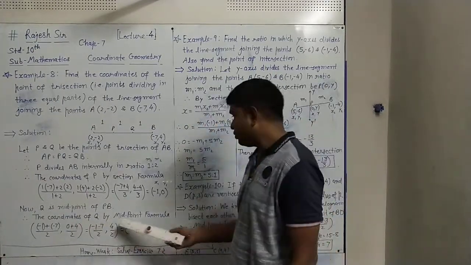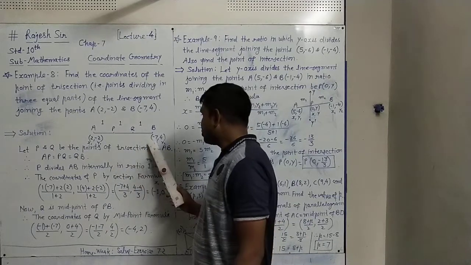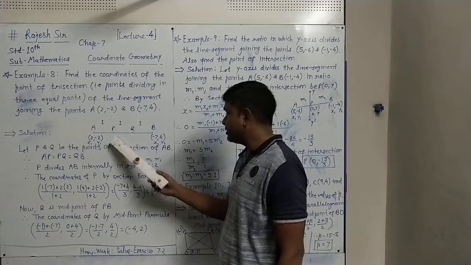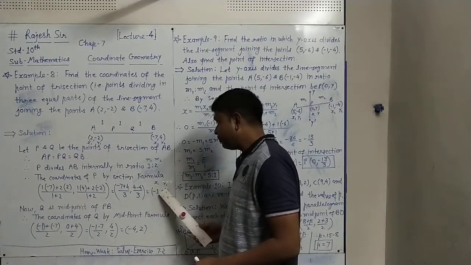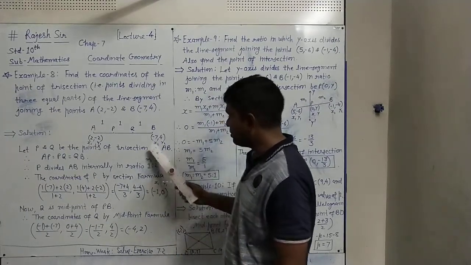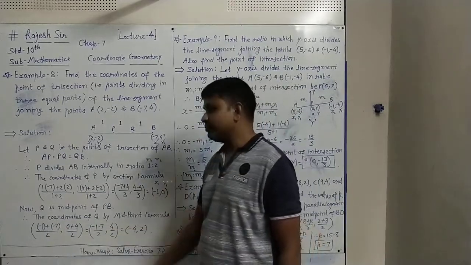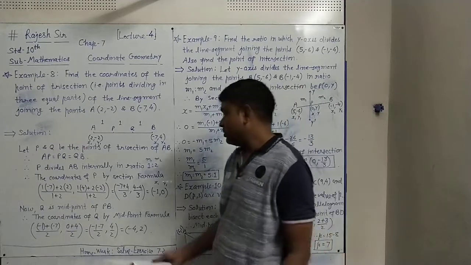The coordinates of Q by midpoint formula are (x1 plus x2 upon 2, y1 plus y2 upon 2). Our x1 and y1 will be the P point, so here I have shown the P point coordinates x1, y1, and B is x2, y2. x1 plus x2 upon 2 means minus 1 plus minus 7 upon 2, comma 0 plus 4 upon 2. Midpoint formula: x1 plus x2 upon 2, y1 plus y2 upon 2.